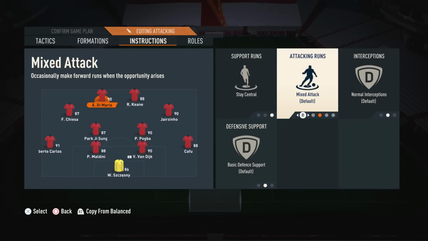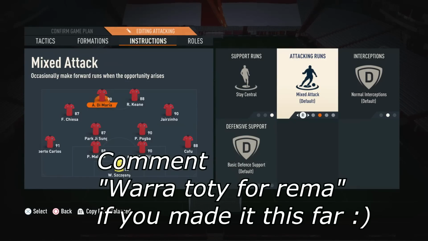So we just have stay central, and we also have mixed attack because we don't just want this player to get in behind all the time. Sometimes we need this player to create for the other strikers. So by having him on mixed attack, sometimes he will sit a little bit deeper so he could receive the ball,